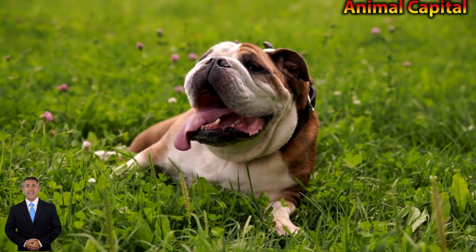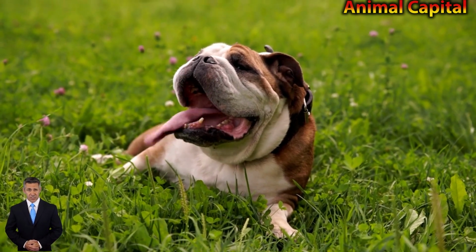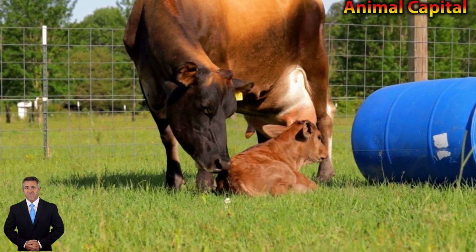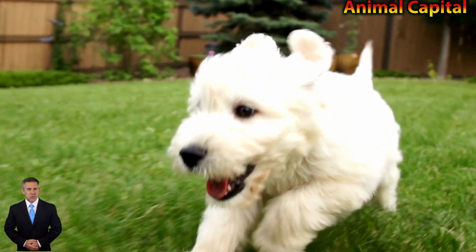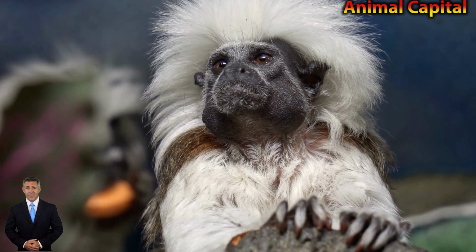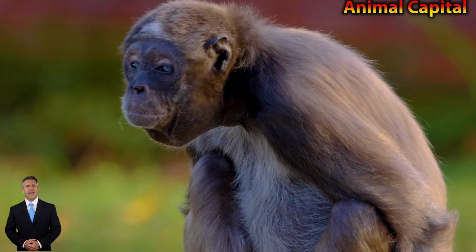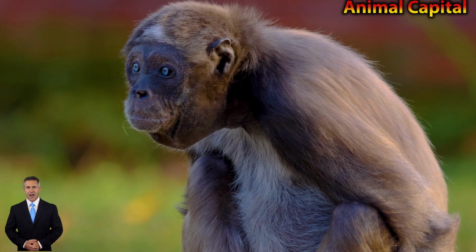Baboons are very distinctive-looking monkeys inhabiting much of Africa and some areas of Asia. They have long, almost dog-like snouts, very close eyes, and their arms and legs are almost the same length, so they walk very much like a dog. Sometimes referred to as dog monkeys, baboons are very common in the African landscape. They are very social animals that live in large, lively groups called troops of up to